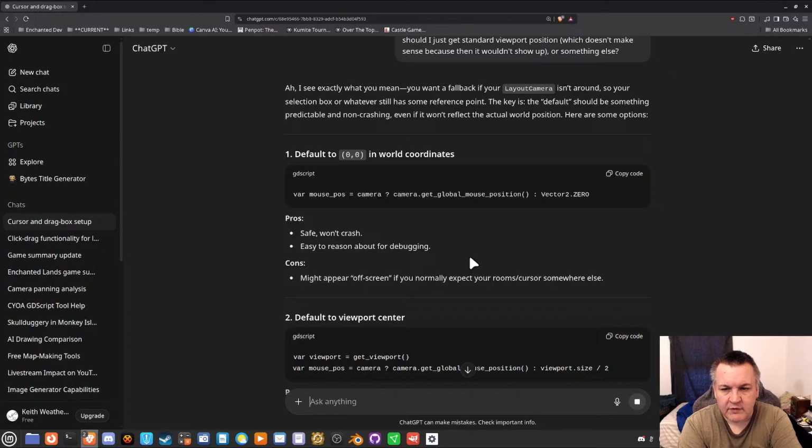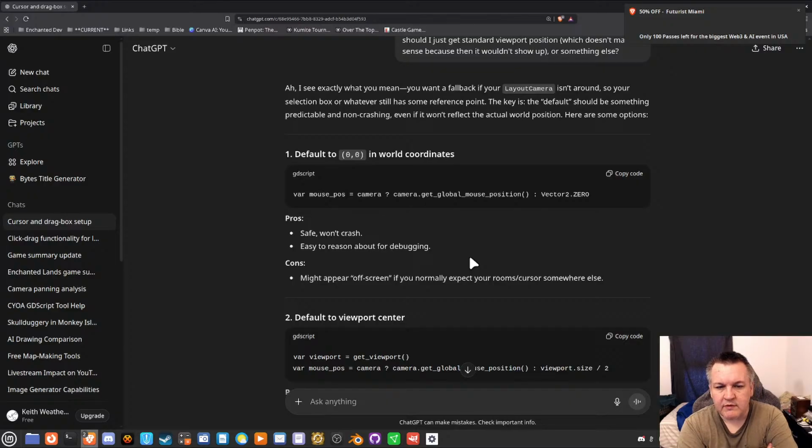The selection box or whatever still has some reference point. The key is the default should be something predictable and non-crashing, even if it won't reflect the actual world position. Here's some options. Default to viewport center.